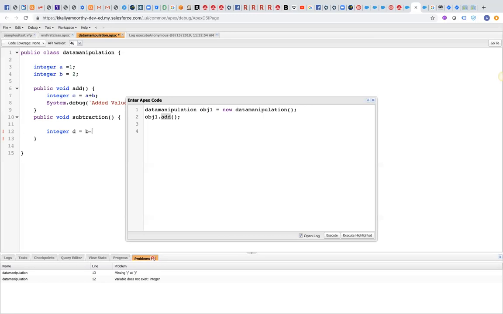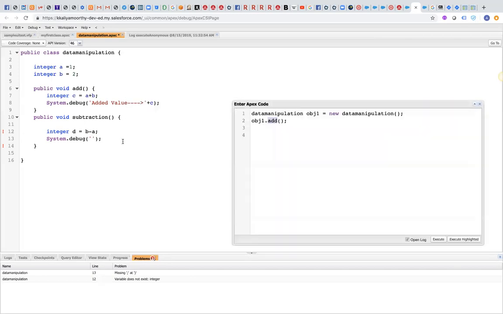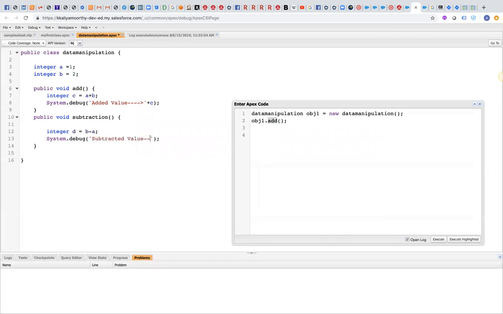I'm just writing b minus a, and then System.debug, subtracted value, to d. So if you see here,